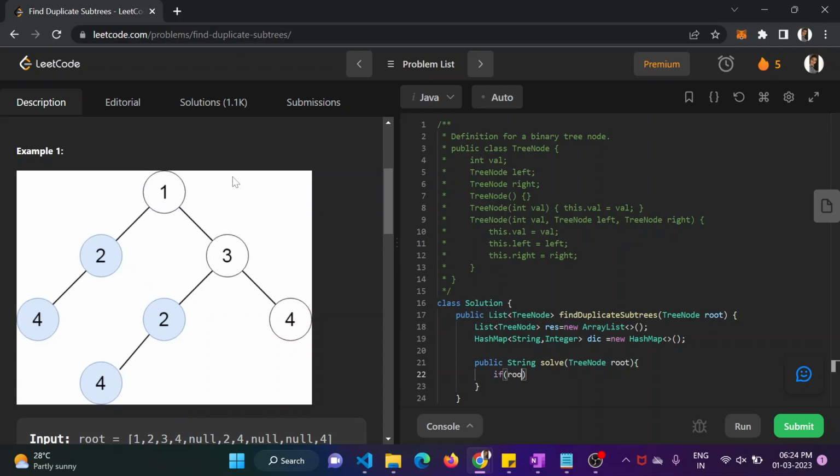So if root equal to null, in that case, it should just return empty. After this, we shall have to create a new variable of string to store the key part, string val